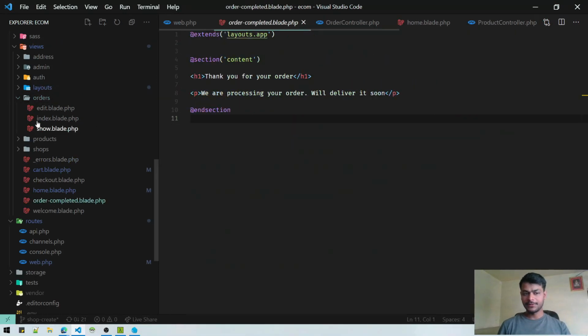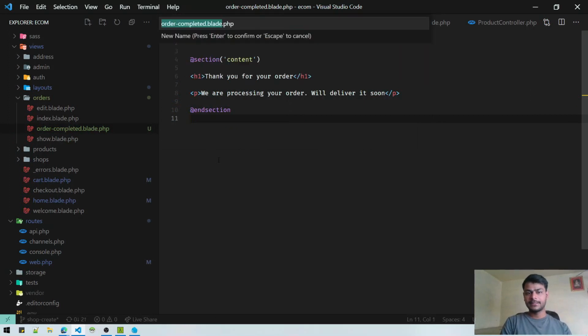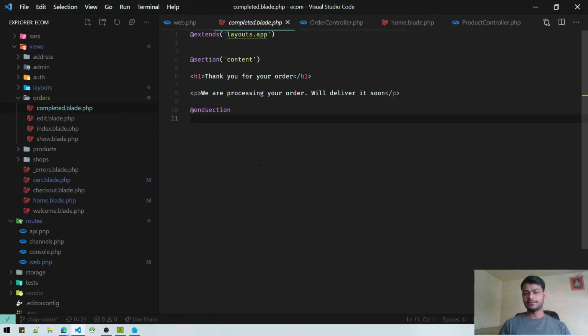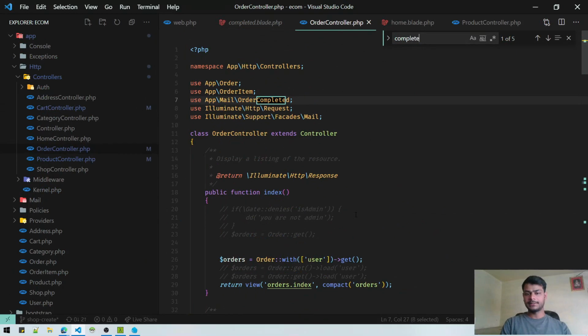Also this file should go inside this orders folder. As much as possible we need to organize these. So instead of this we can rename it, just rename the file. I will say this, so it is already inside the orders folder, so no need to prefix it with orders. So orders, yeah, completed message, we can say completed.blade, it's totally fine. And wherever we are using completed